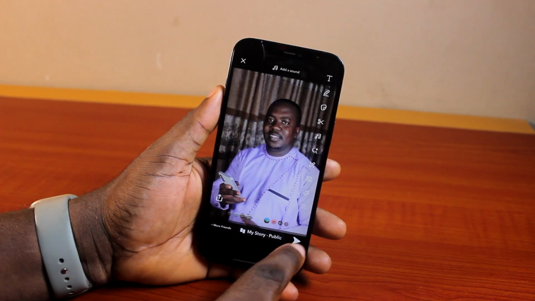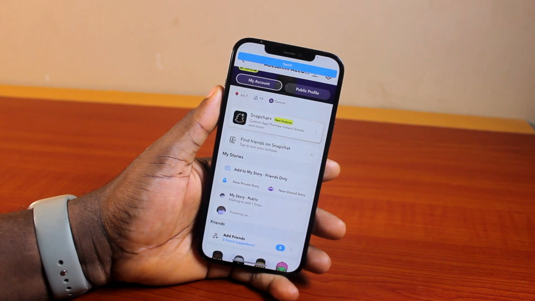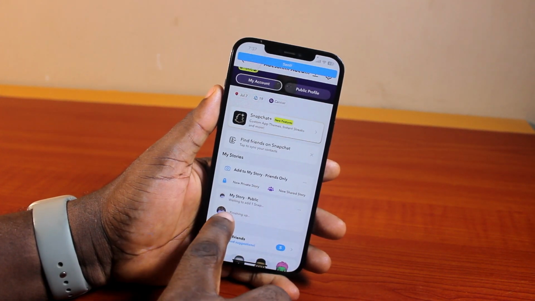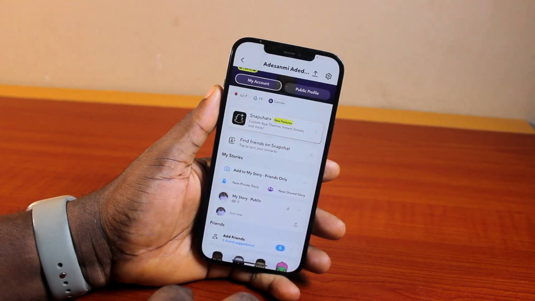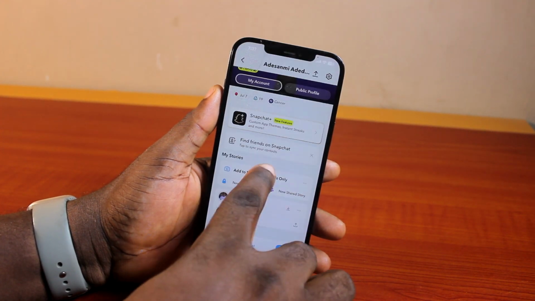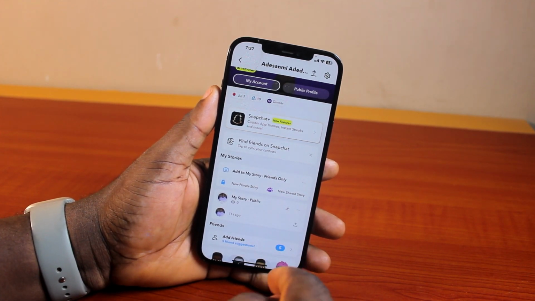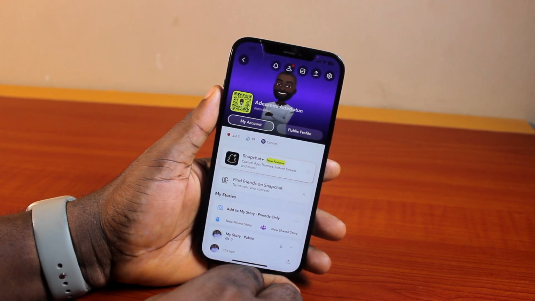Now come back to where you say my story public, click on the send button, and it should say sent, and now the story is going to be finishing up on your profile. If you click on it, it's going to set to public. You see that? You can also add multiple public story to your Snapchat page, and then you're good. So that is exactly how to add